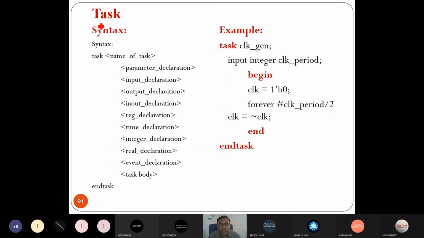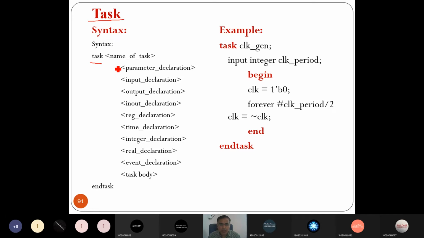Let's see an example of a task. First, let's see the syntax of a task in Verilog. It starts with the keyword task.